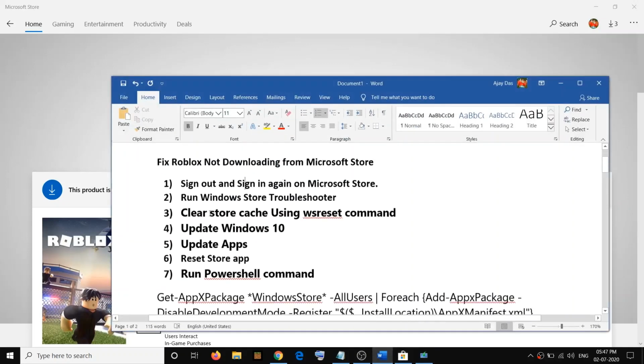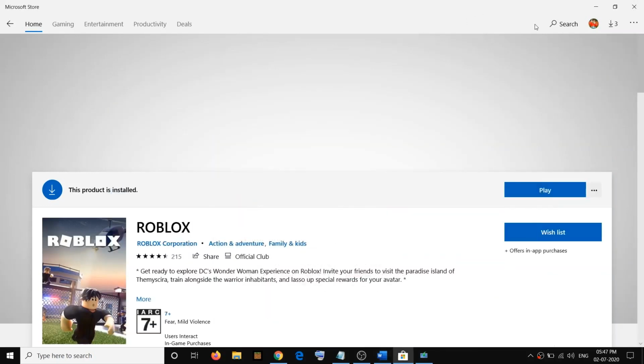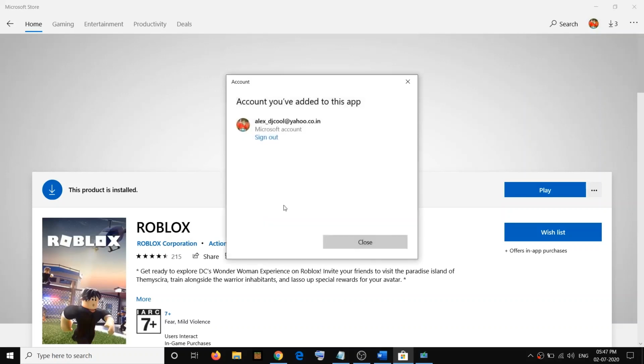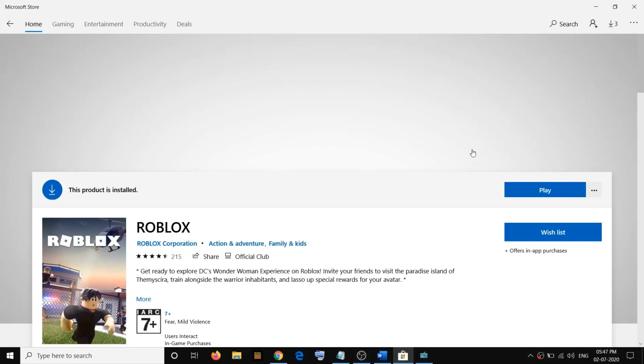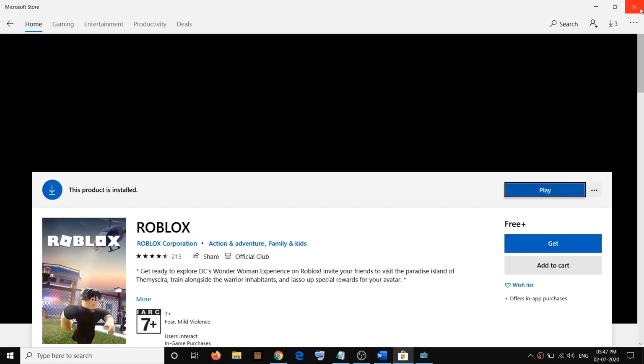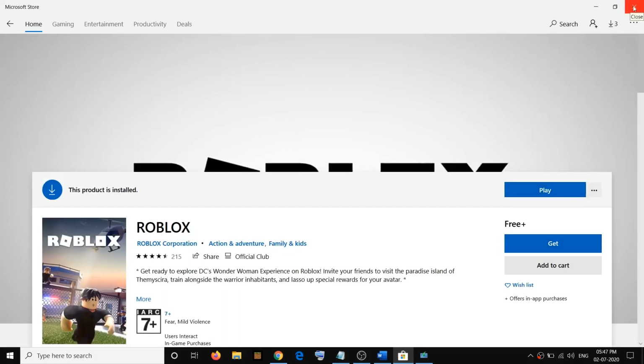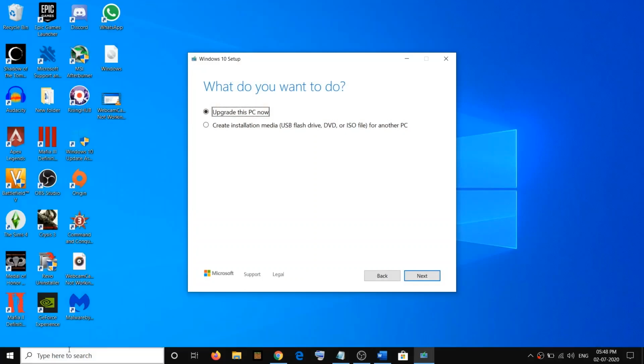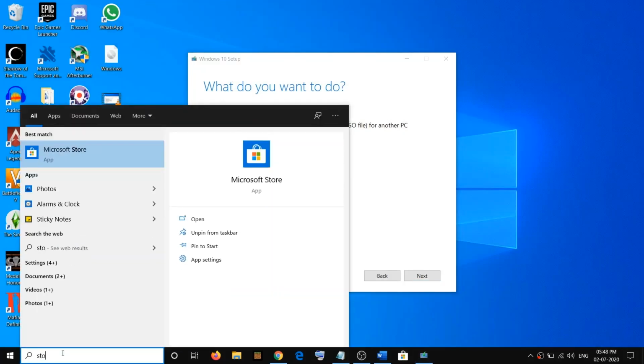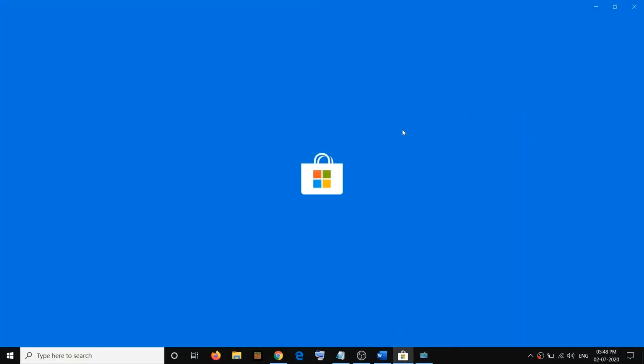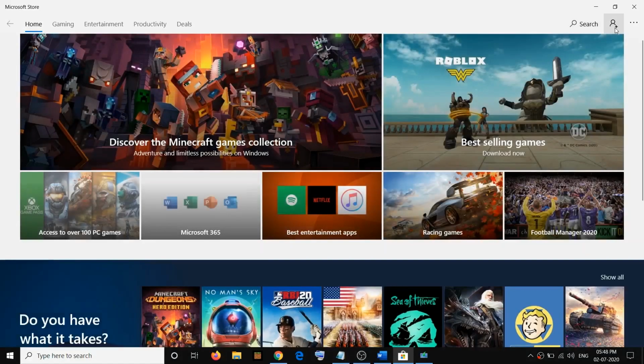Now the first step is to sign out and sign in again on Microsoft Store. To sign out from Microsoft Store, on the top right you will see this profile icon. So click on it, select your account, click on sign out, and then close Microsoft Store and then open Microsoft Store once again, and then go ahead and sign in.